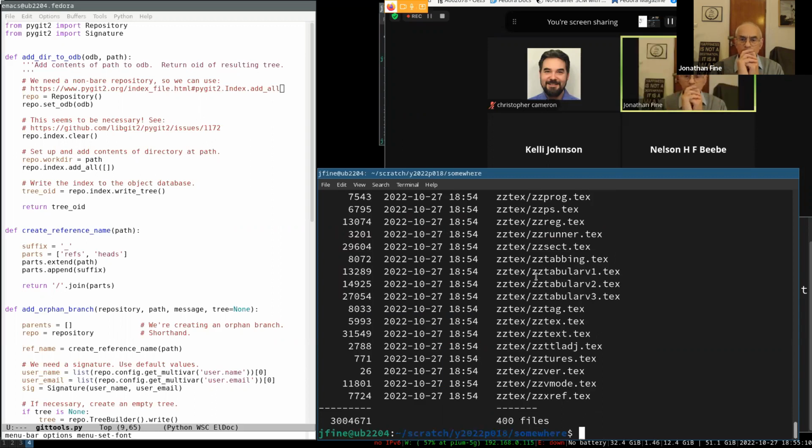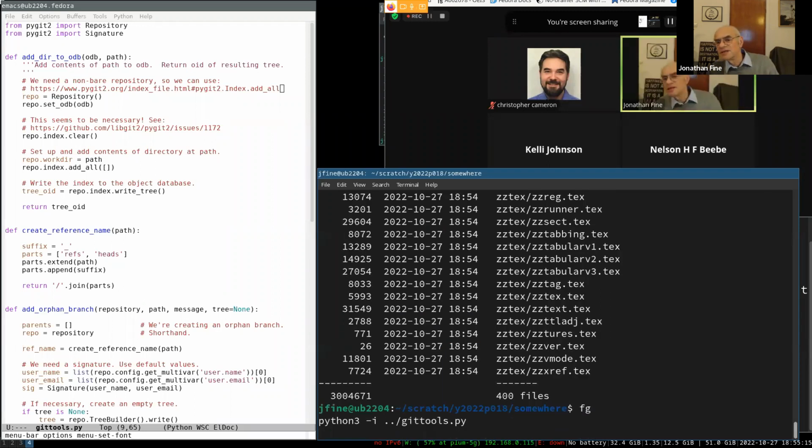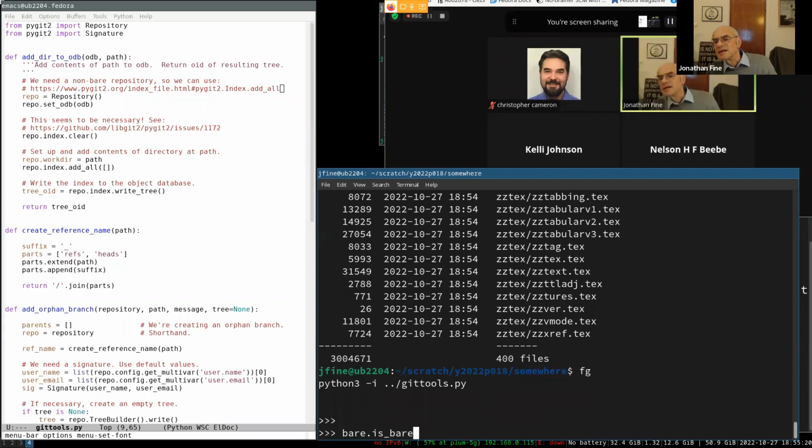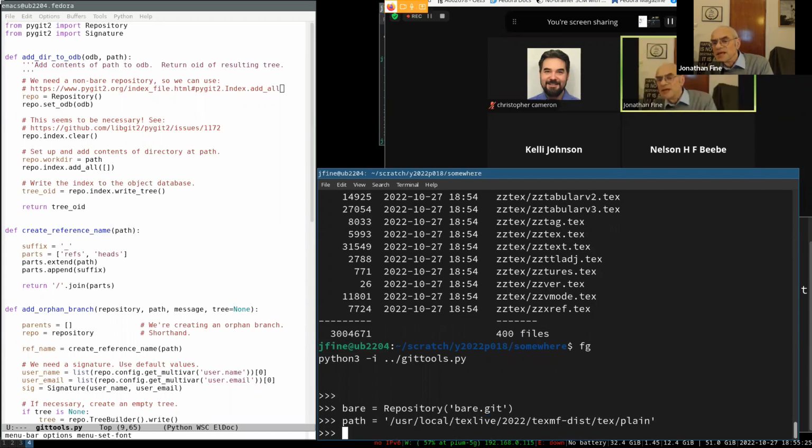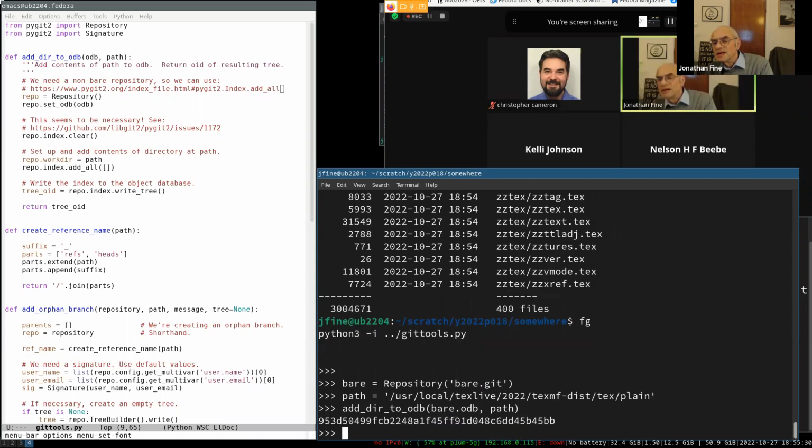So let's see what we've done again. I'll go back to the Python shell. That was the first thing we did. We made that the path. And then we added the directory to the object database. So what we've done here